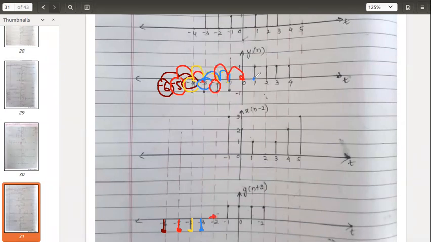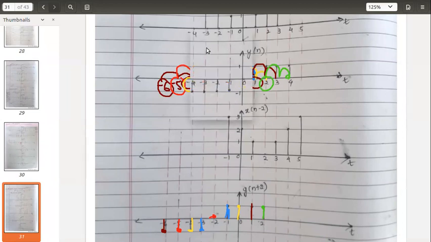Then take the next point 1, shift it by 2 amounts, I will reach at minus 1. At minus 1, draw the positive amplitude, plus 1, don't go for minus. Then take the next, 1 shift, 2 shift, I will reach at 0. Take the next one, 1, 2. 2 shifts, I will reach at 1. At 1, draw the amplitude 1. Finally, fourth one, shift 2 times, I will reach at 2. At 2, you draw amplitude 1. Amplitudes draw as it is.